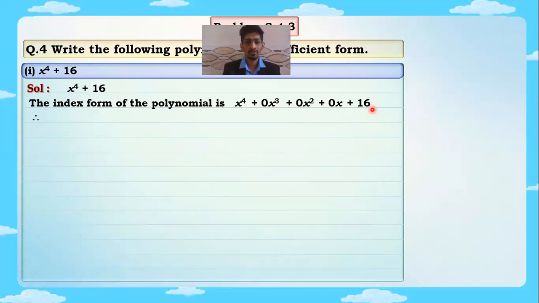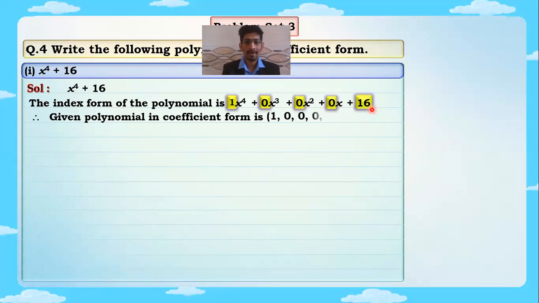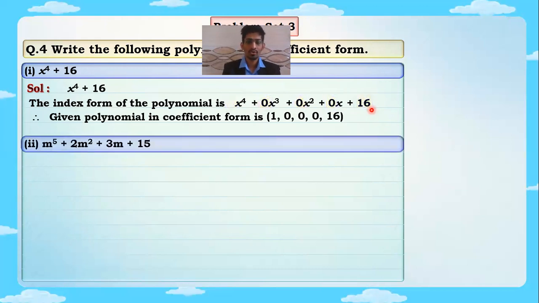Now let's write this in the coefficient form, each and every coefficient. Next to x raised to 4 there is no coefficient written, meaning there it is always 1, always remember. Then the next ones are 0, 0, 0 and 60. So let's write this in a round bracket separated by commas. As simple as that. Next one, sub question 2, a problem set question. All this you can do on your own. Now I hope you all are very clear with the concept.